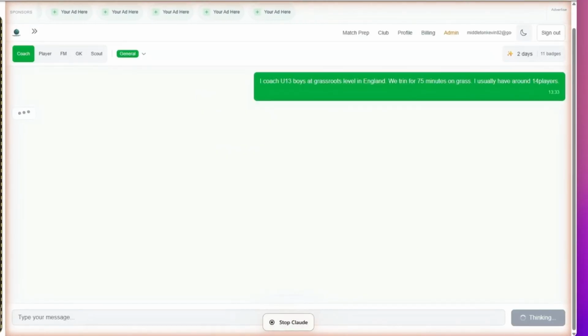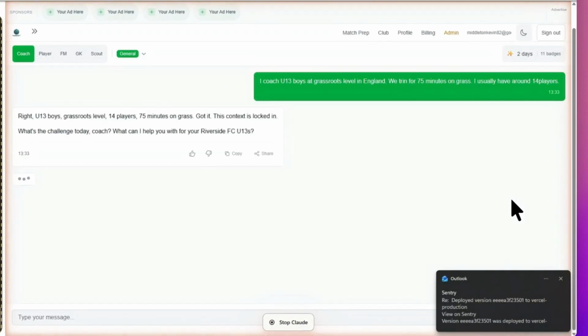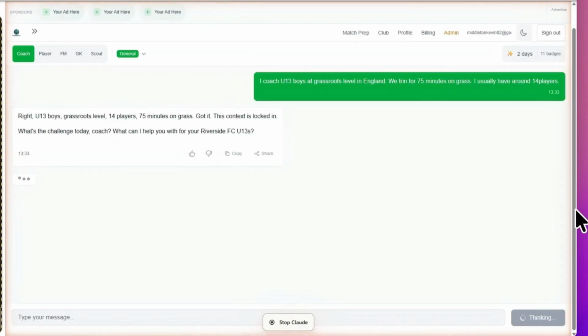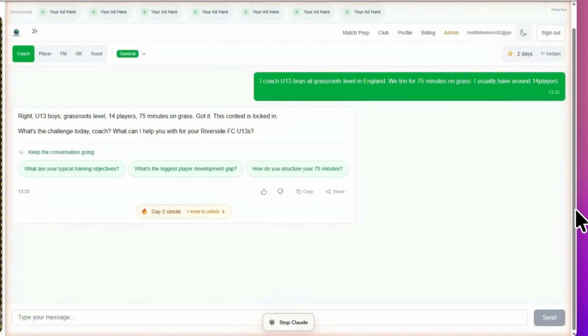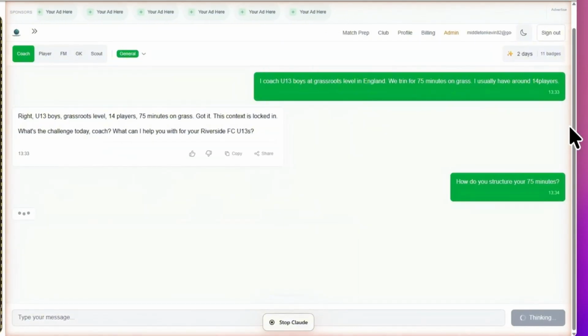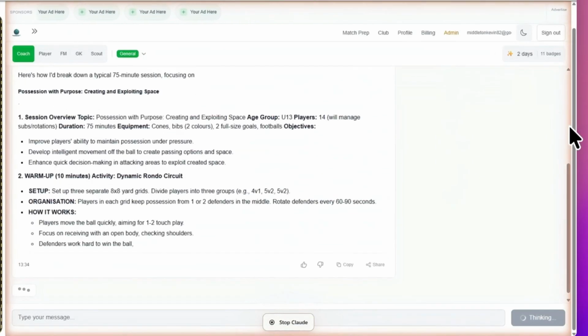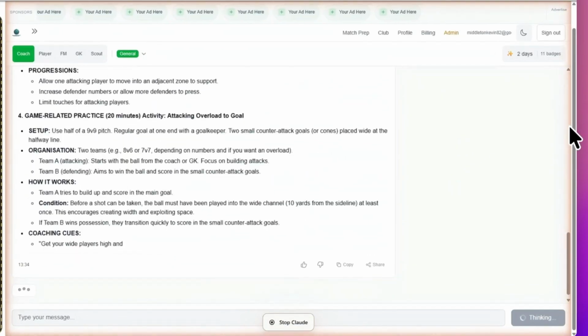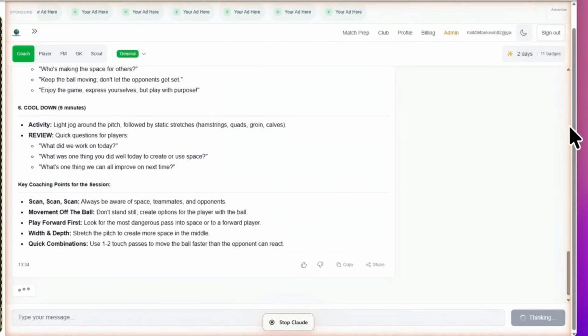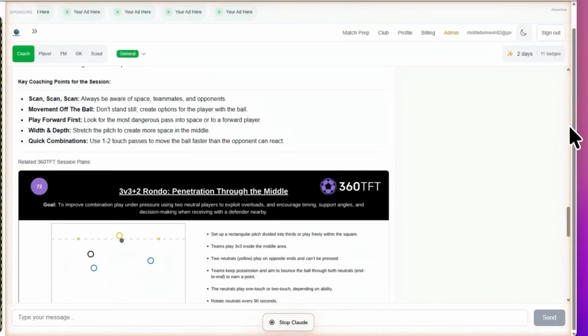To do it within the AI engine, you can type things like, make the small-sided game more challenging for the team in possession. Add a constraint that forces the team to receive on the half turn. Simplify the warm-up. I only have 10 cones and 3 balls. This back and forth is where the magic happens. The first output from the AI engine is a draft. You then need to shape that into what you actually need.